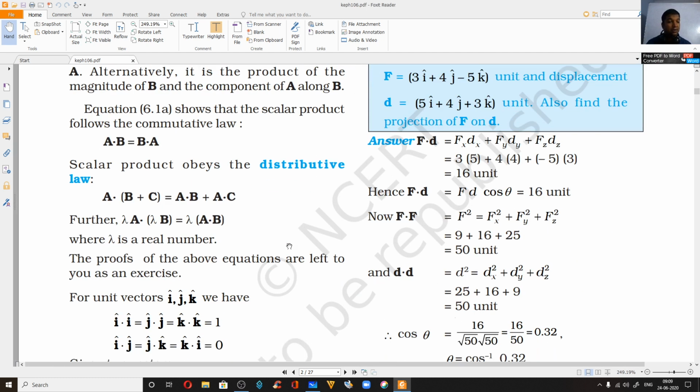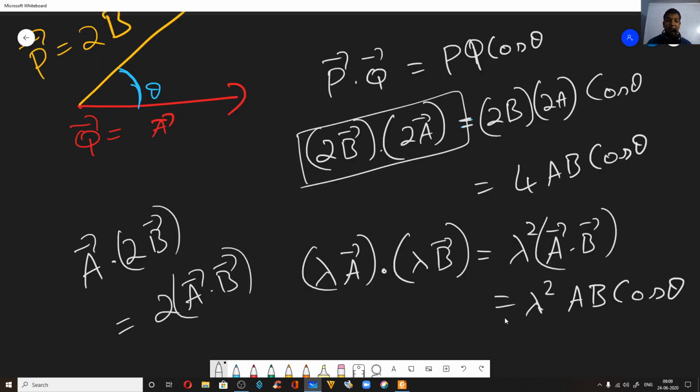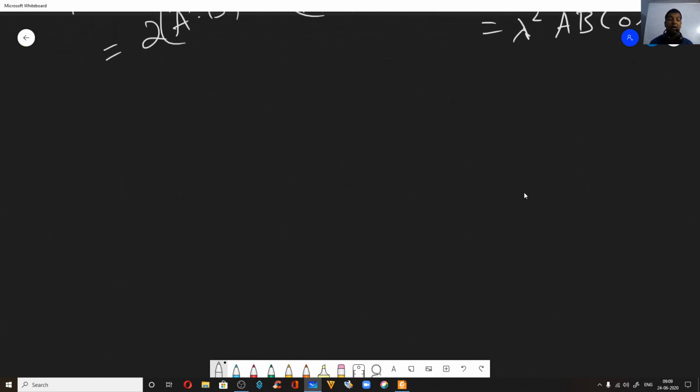All right, so distributive law we have covered. Then one simple case: what happens when you multiply two vectors which are already multiplied with a scalar? For example, a is multiplied with lambda and b is multiplied with lambda again. So this is what we get. Now moving on, next let us see how to calculate the dot product,